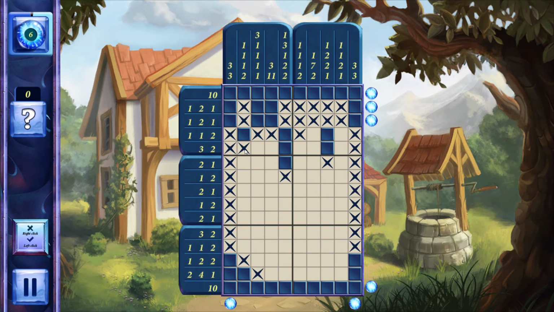Now, if you look at row number 4, 1, 1 and 2. 1, 1 is done. The 2 we don't know which direction it's gonna go. So forget about it. Now come to the row number 5 where it is 3 and 2. Now there are 2 ways you can form this tree. You can form this way or you can form this way. We don't know. But whatever way you choose,